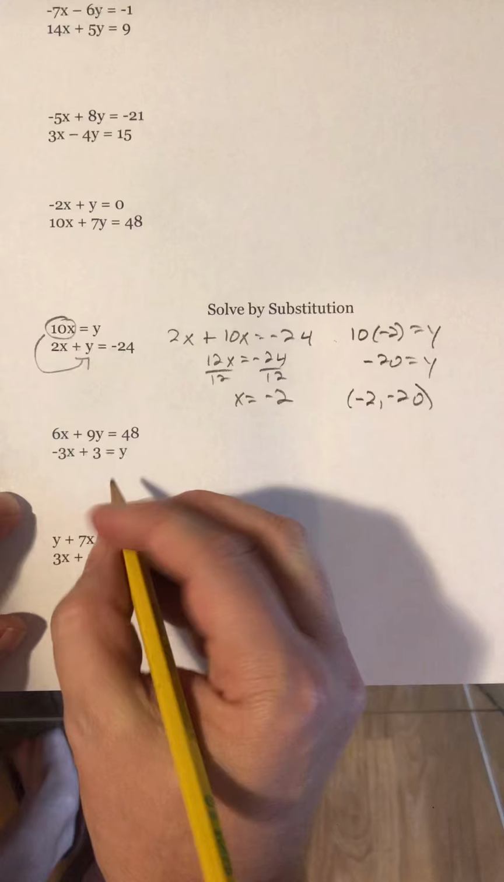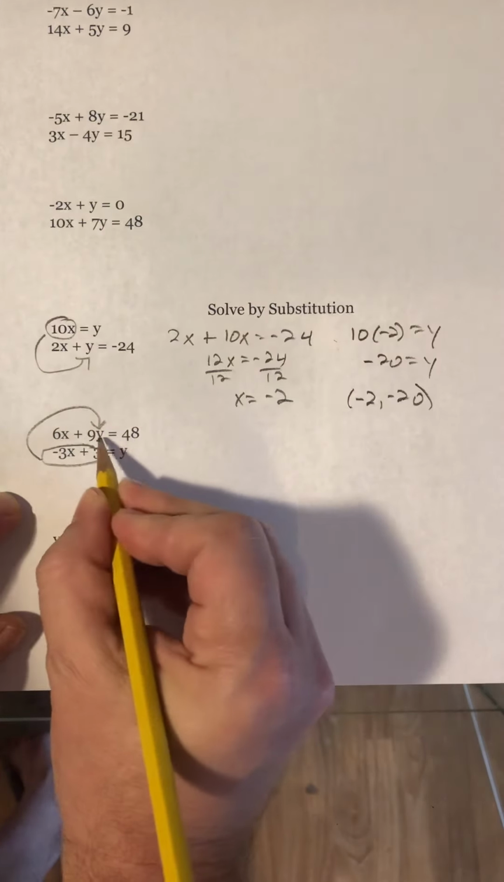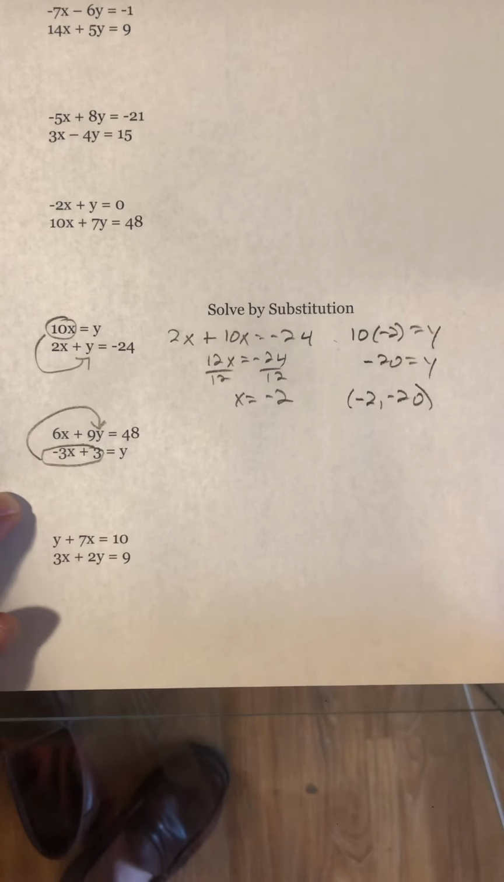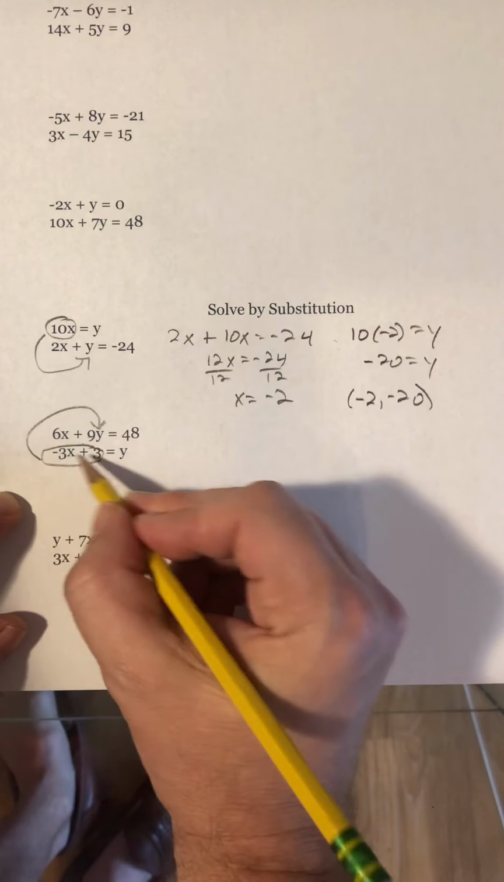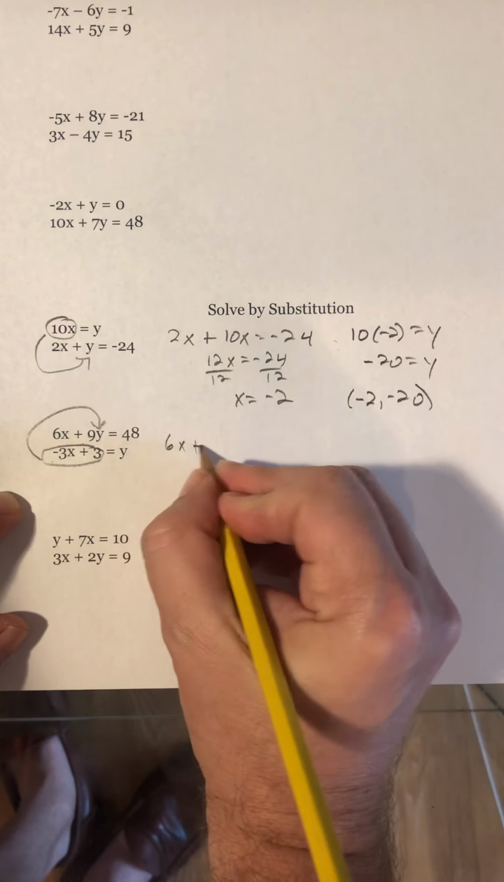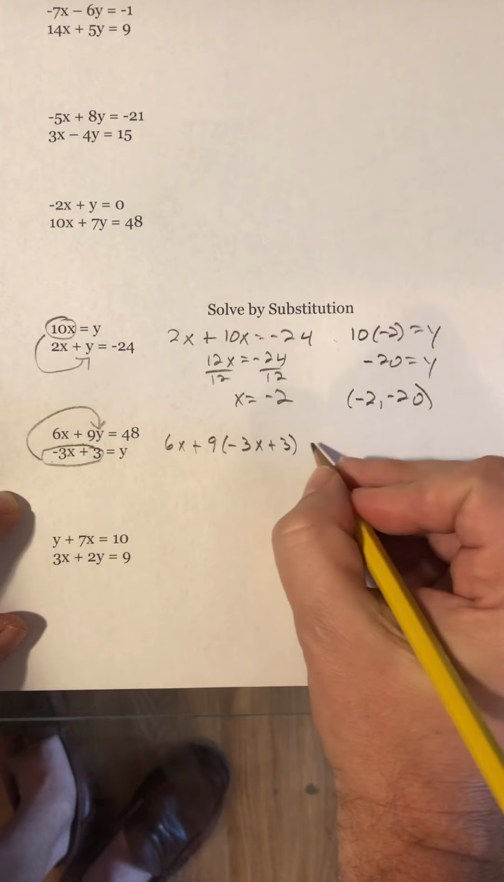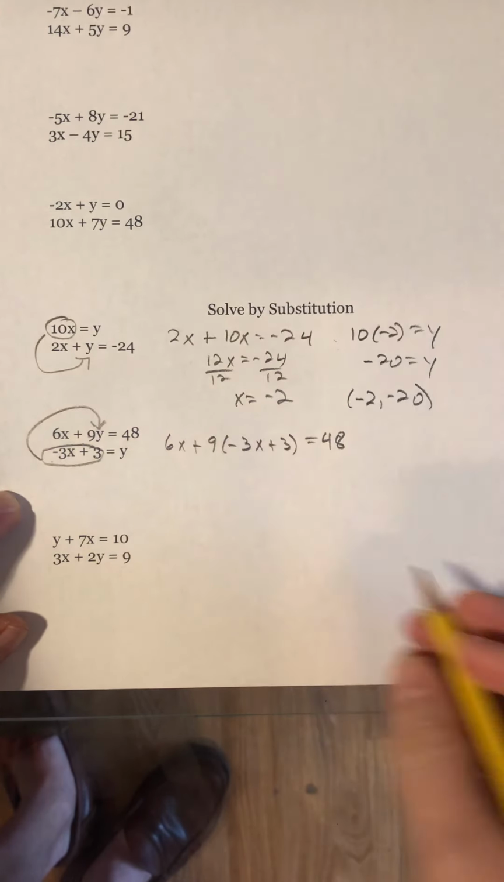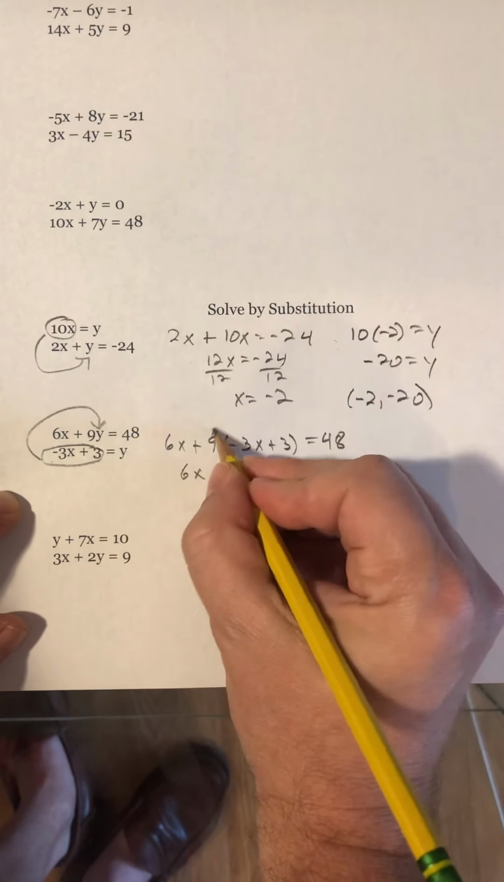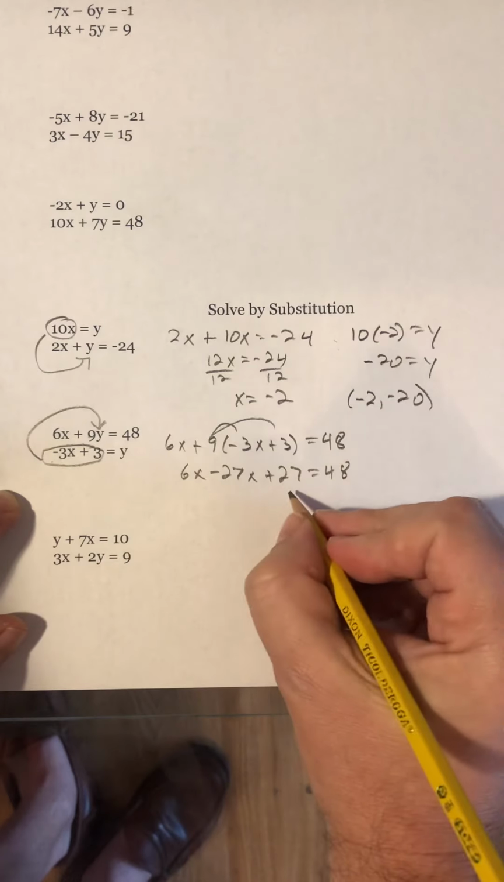Okay, so the next one here, again, your y is already isolated. You're going to plug it in for the y up here, but realize that has a 9 in front of it. So what that means is you've got to distribute that 9 to both of these terms here once you plug in. So I've got 6x plus 9 times negative 3x plus 3 equals 48. Okay, so remember, you've got to distribute, so that's minus 27x plus 27 equals 48,